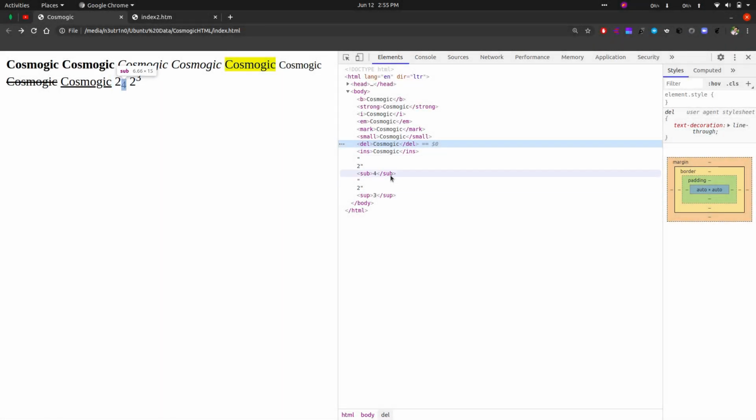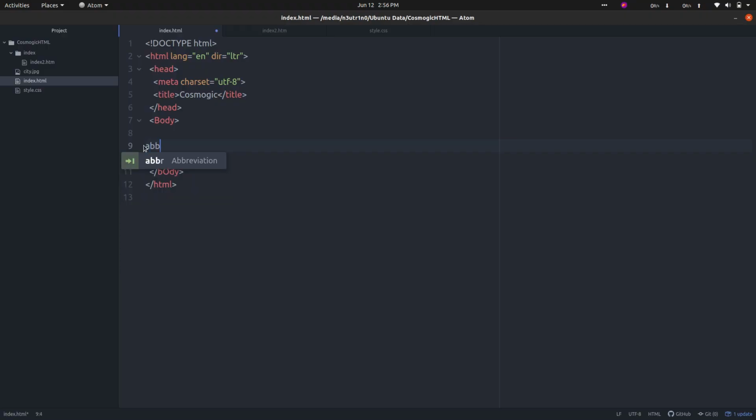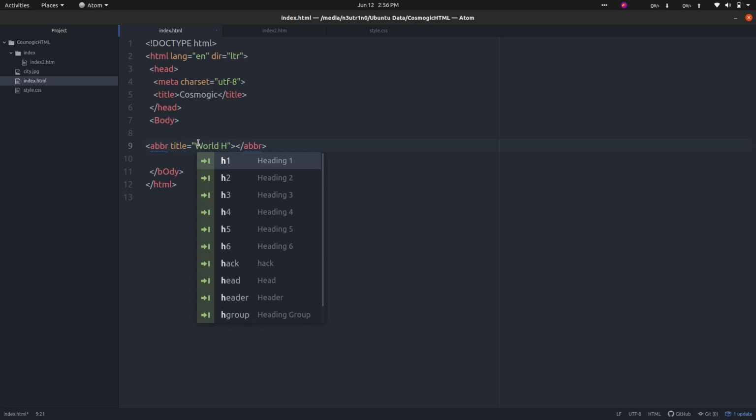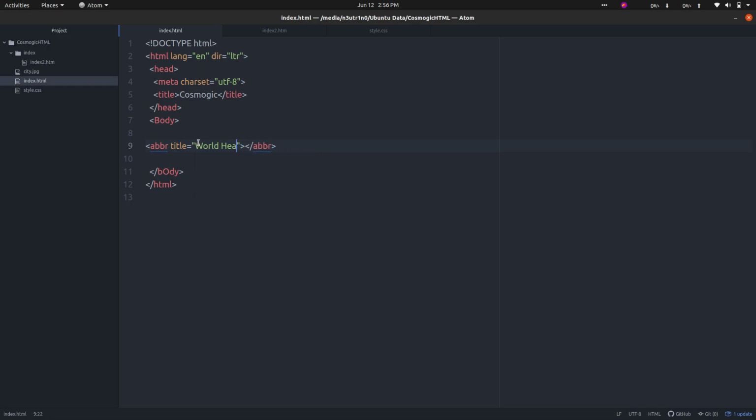So you can use the underline or also the inserted tag. Now we come to the subscript tag. Anything that is written in the subscript tag is the base of what is written in front of it. This is superscript, meaning anything written in this is the power, like 2 to the power 3. So let us talk about the abbreviation. This is the abbreviation tag. Let me quickly write this here, then I will explain it to you.